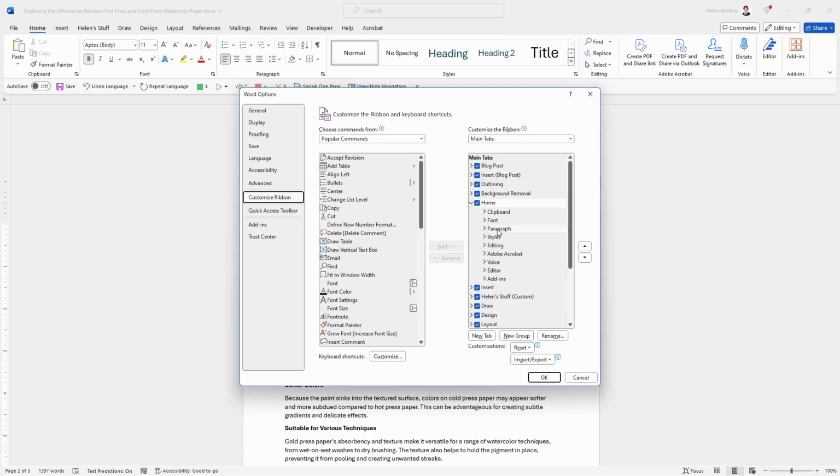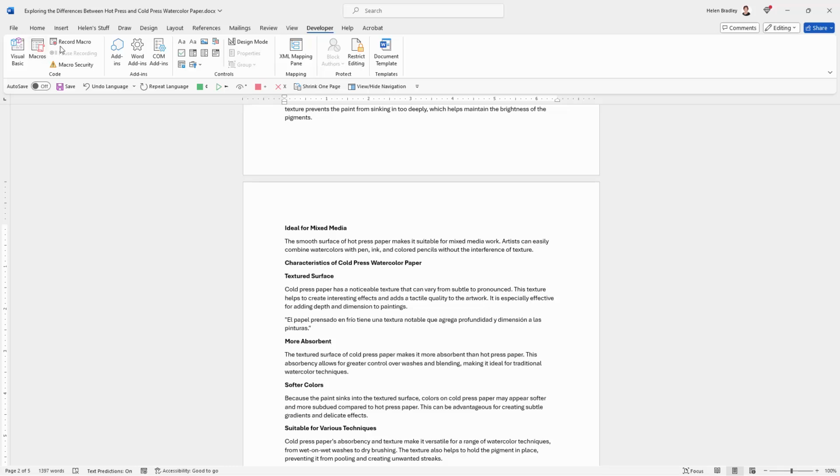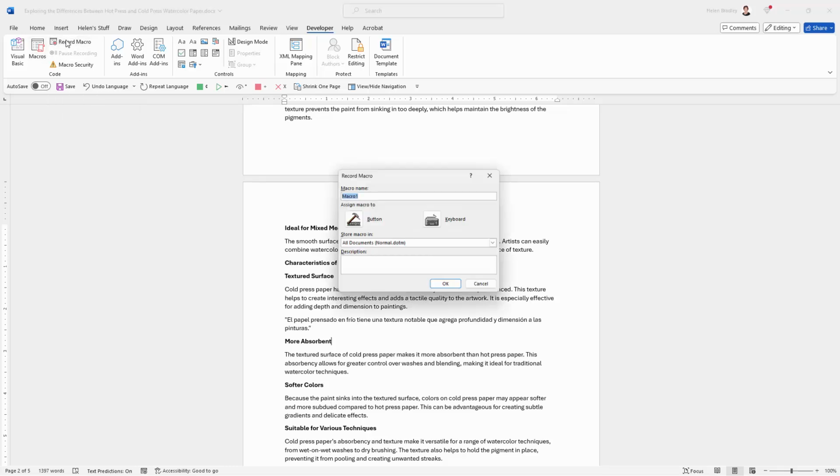You'll go to Customize Ribbon, and over here on the right hand side of the screen in this box you're going to look down till you find Developer, and the checkbox is going to be disabled for you, so you're just going to need to check to enable it and click OK, and then the Developer tab will appear on the ribbon. So we're going there to the Developer tab and we're going to click here on Record Macro, and